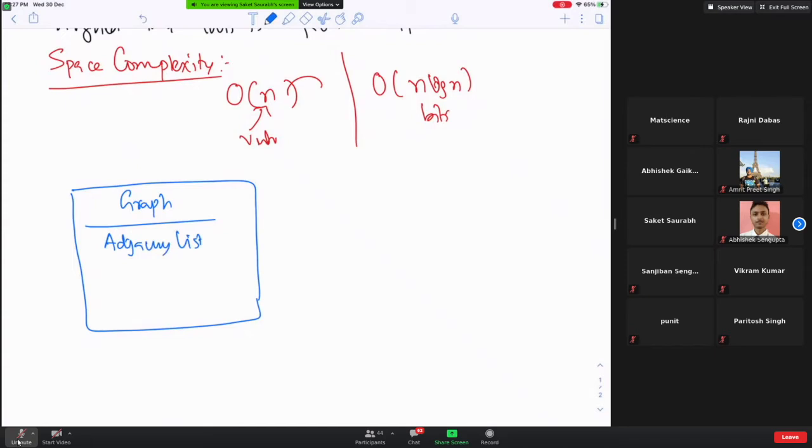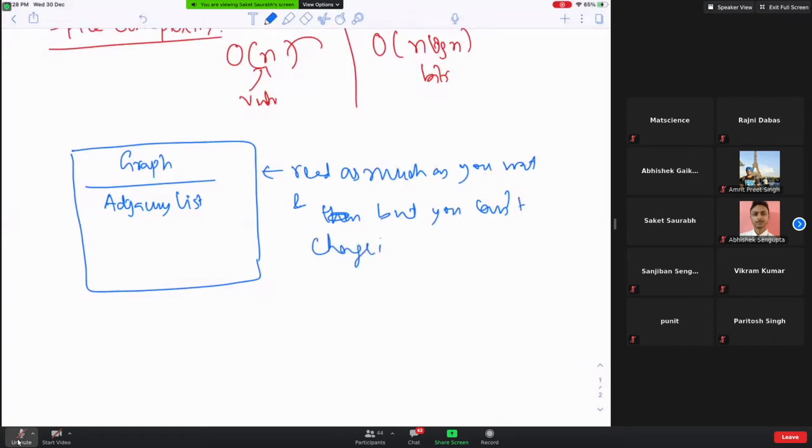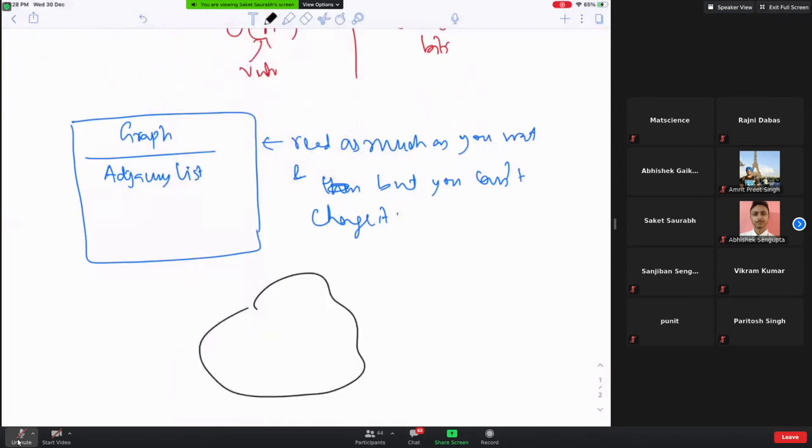And you can read this input as much as you want, but you can't change it. And then we have this extra space,